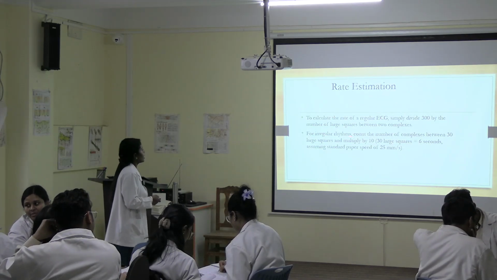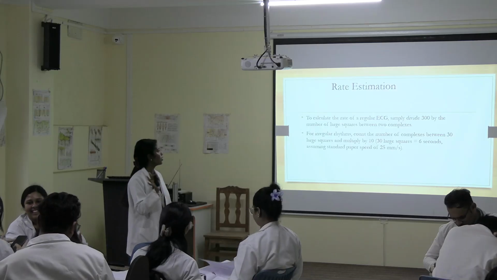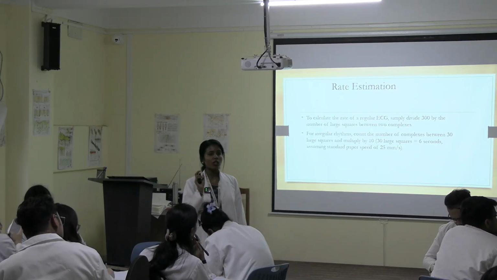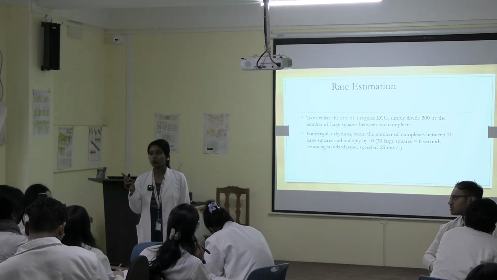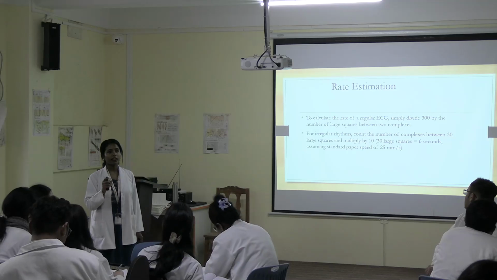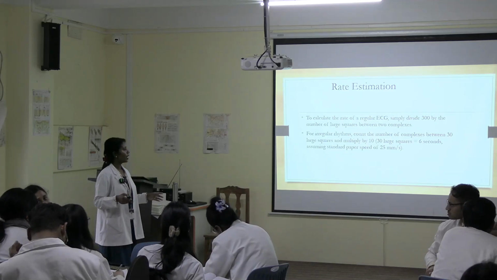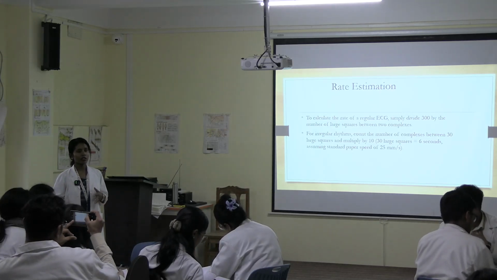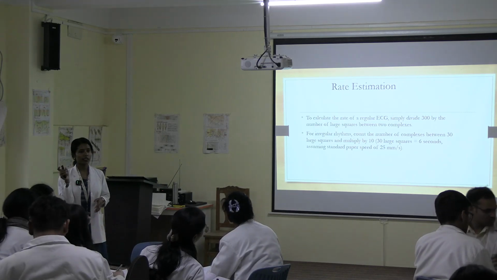Okay, so if the heart rate is irregular, then listen everyone. If the heart rate is irregular, then you are going to rely on the rhythm strip, that is your lead 2. So if you see that the patient's heart rate is irregular, then you are going to record a long lead 2. That will be around 30 large squares, or you can take till 60 squares. Okay, 30 large squares, the number of big boxes are 30.